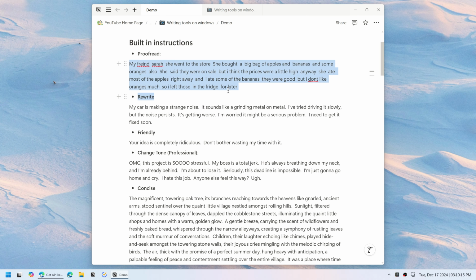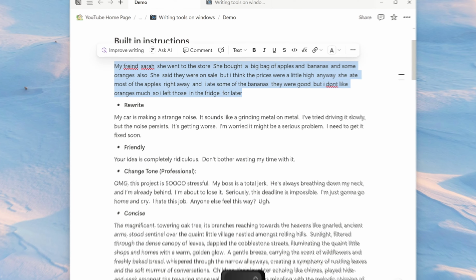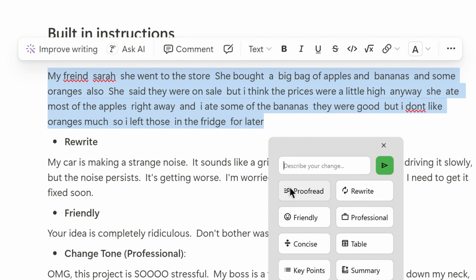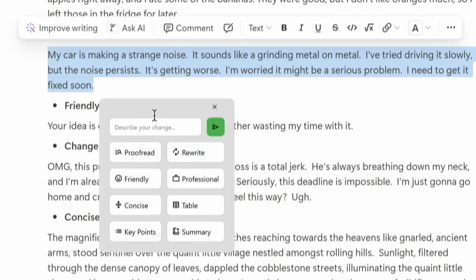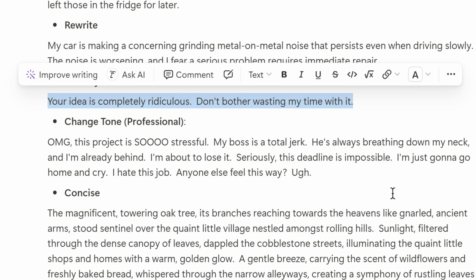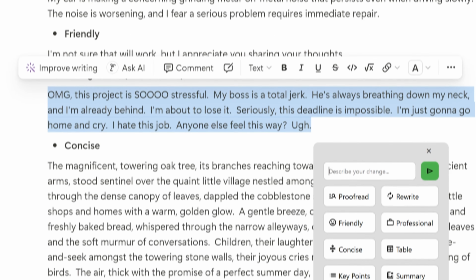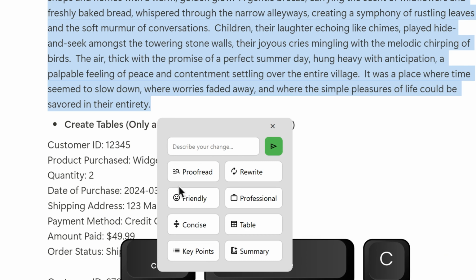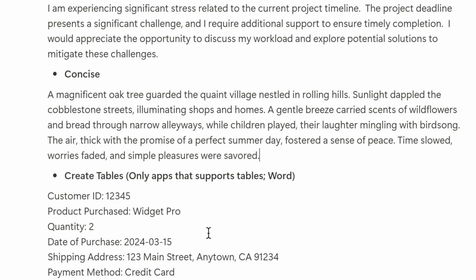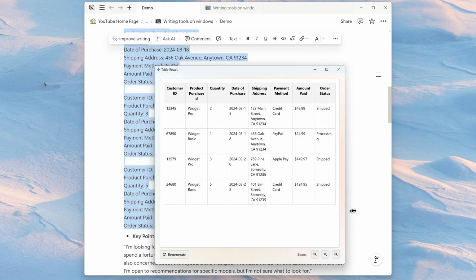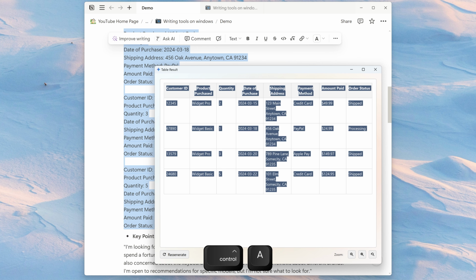Now, whenever you select text, anywhere where you can type text, and you click Ctrl space, this window will pop up and it will allow you to proofread, rewrite, make your message more friendly, make it more professional, make information more concise, make tables that you can copy and paste into Word,